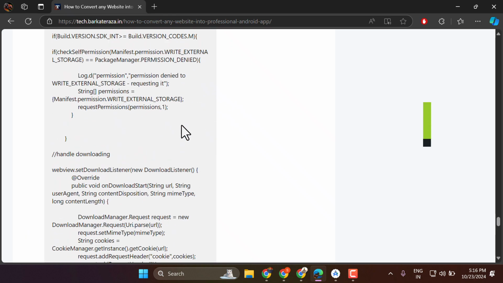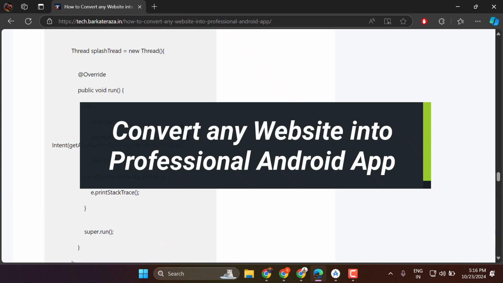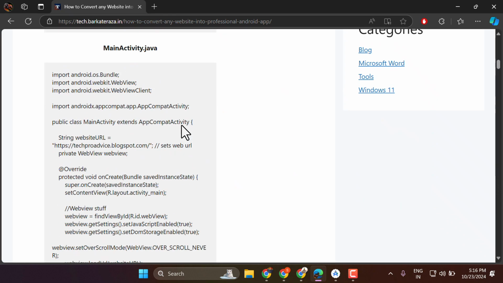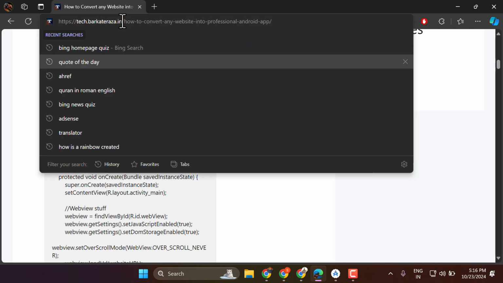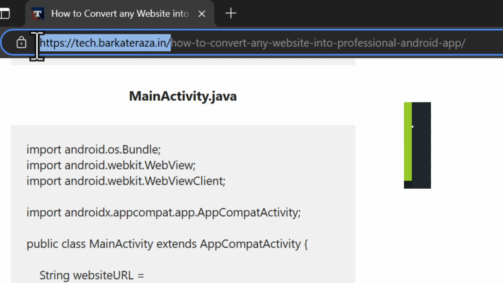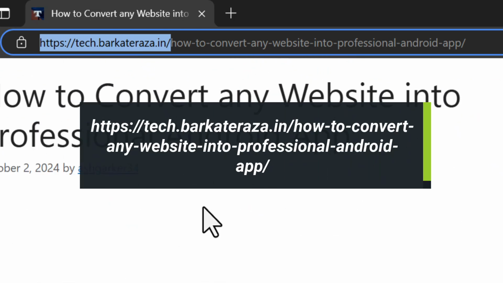In this video, I will show you how to convert your website into an Android application. So firstly guys, you need to visit this website of mine. Here you will get the source code. So open this site, then